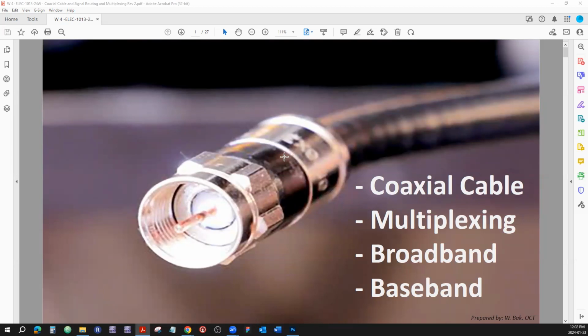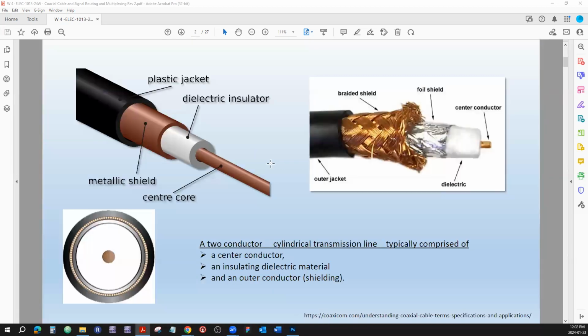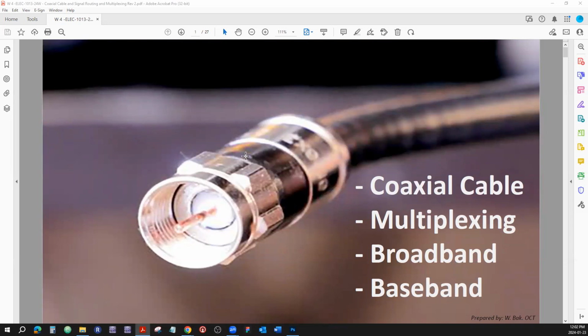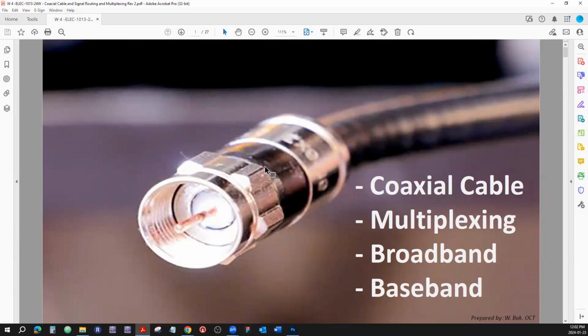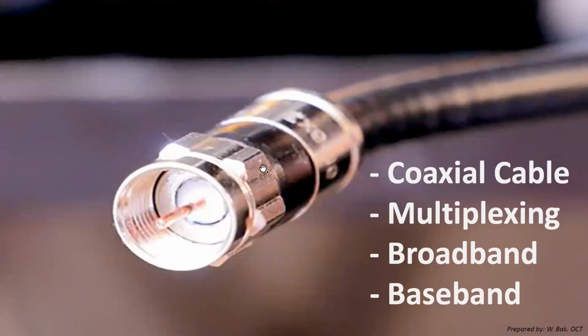All right, so... Control L, that's the one here. All right, so